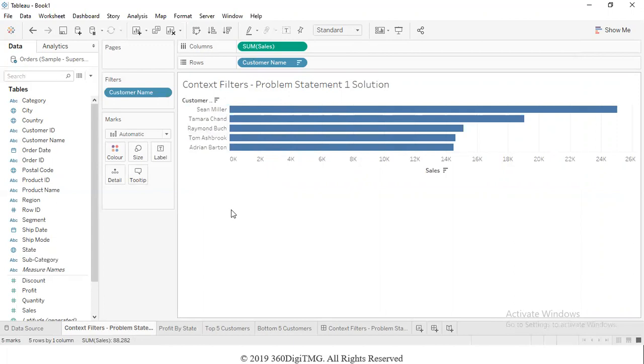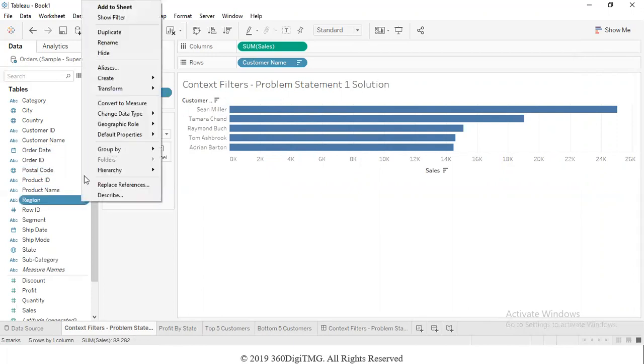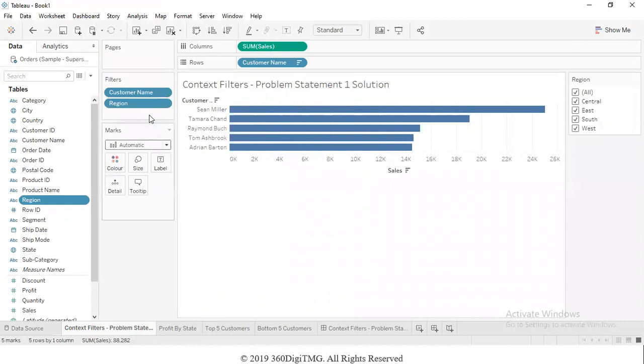But the requirement is to be able to see top 5 customers by region, where region is going to be a filter. So I will simply turn on the region filter by selecting the show filter option. So the region filter got applied, and right now we are looking at the data for all the regions: central, east, south, and west.